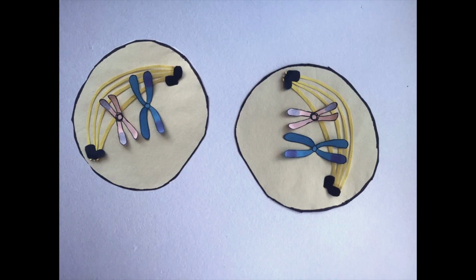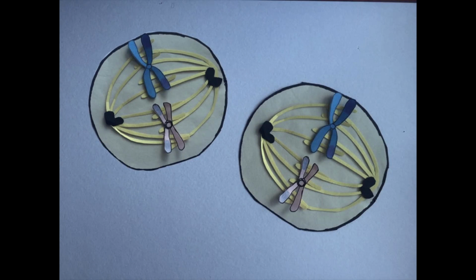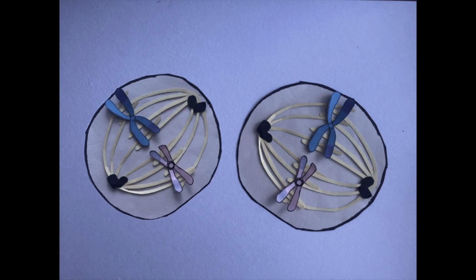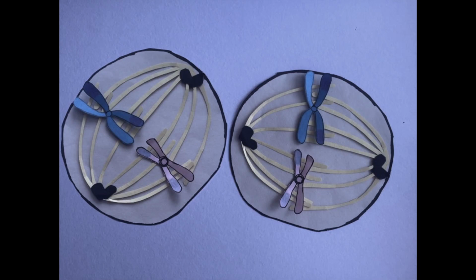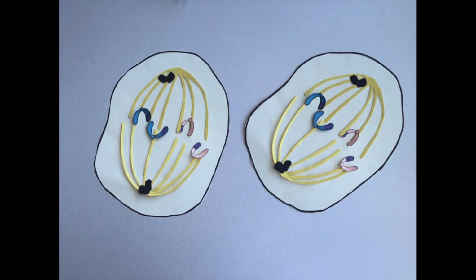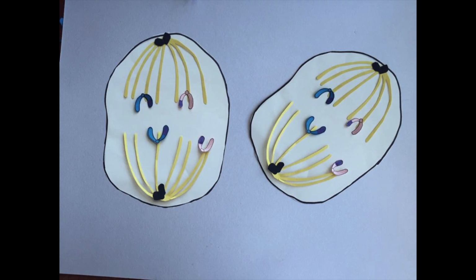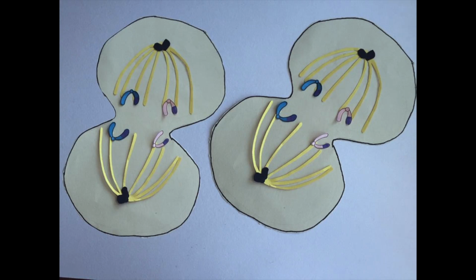Then the next phase is metaphase 2. Just like in metaphase 1, the chromosomes line up at the center of the cell. It is equivalent to metaphase of mitosis. Here, another promise is made where no one will let go, and what happened in the past will not happen again. And after that is anaphase 2, where the sister chromatids get separated and pulled to opposite ends of